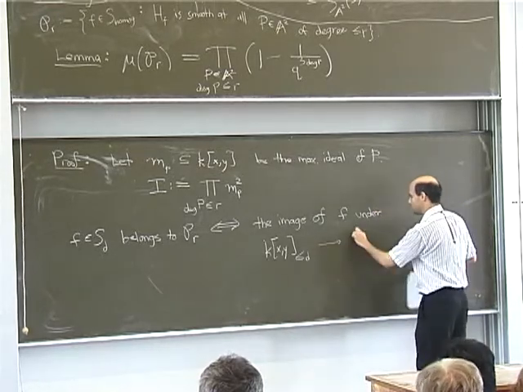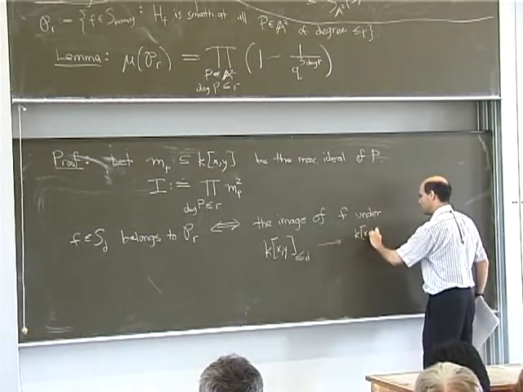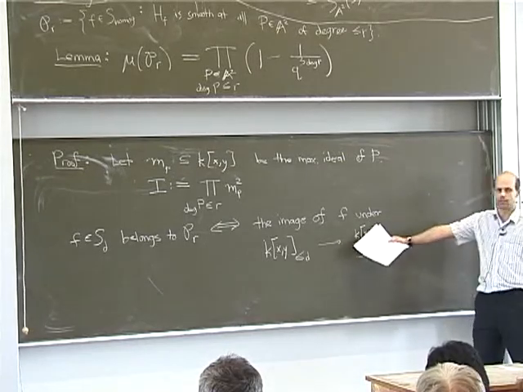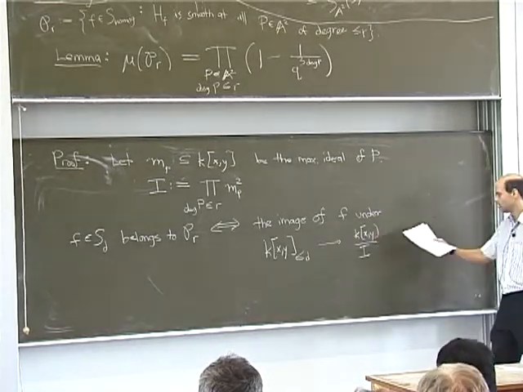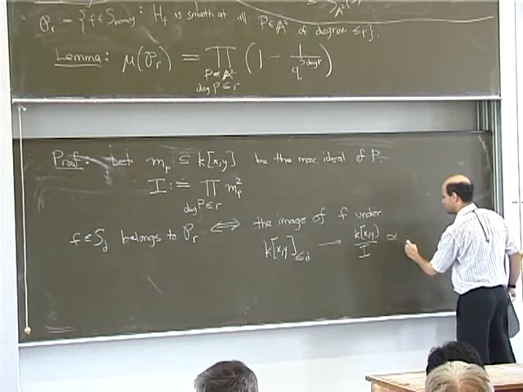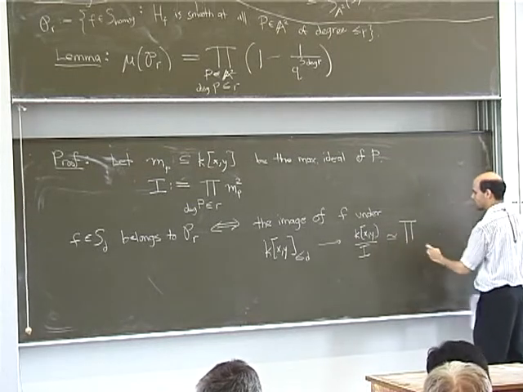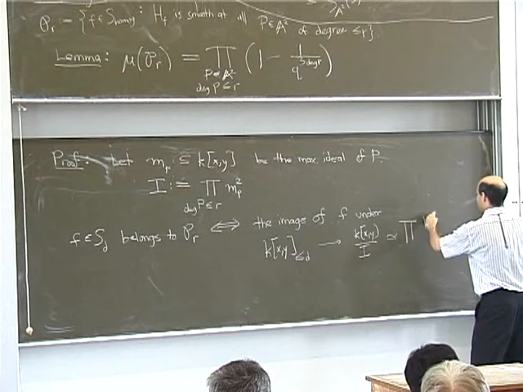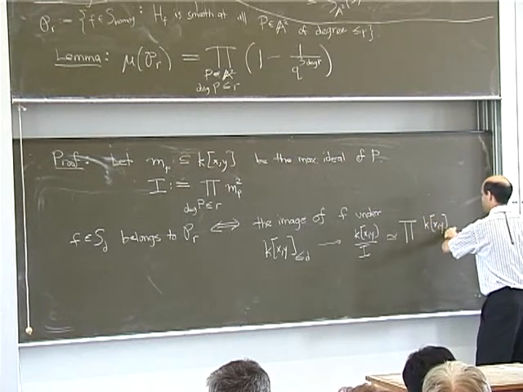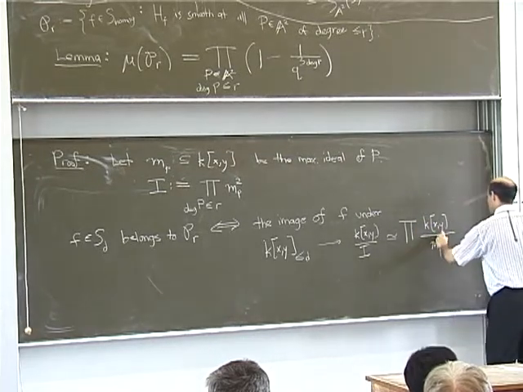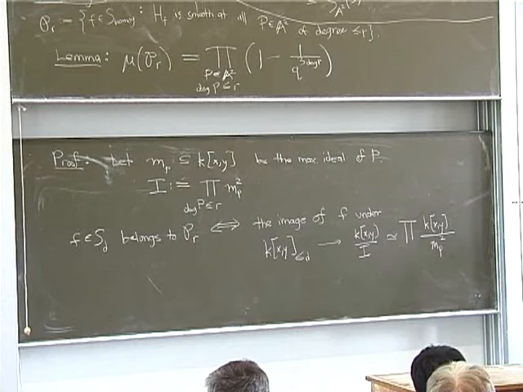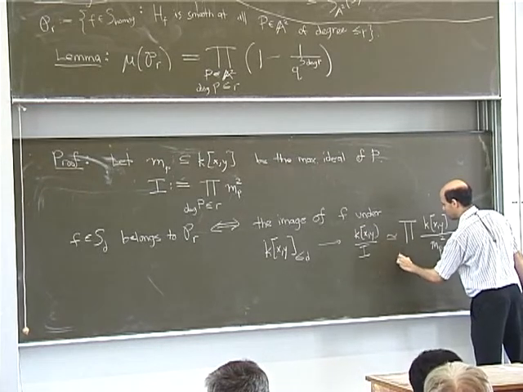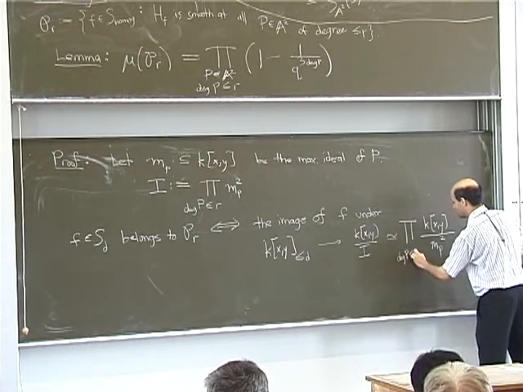And if I map this into this quotient, then that will tell me everything I need to know about whether this defines something as smooth at P or not. Namely, this is isomorphic by the Chinese remainder theorem to the product over all points of degree less than or equal to r.